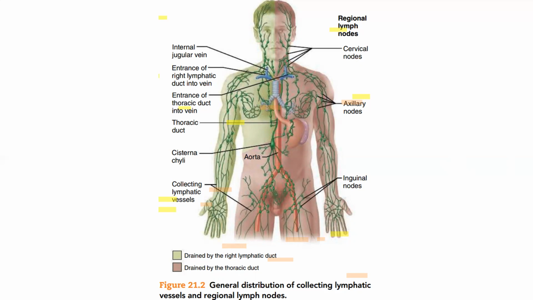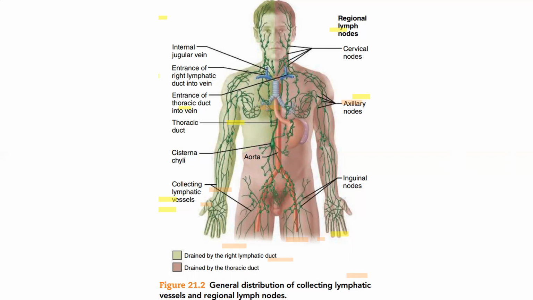For the right side of the body, including the right head and neck, right thorax, and right upper limb, the distribution and return of the lymph to the circulation is different. And on the left side, the whole body will finally merge into one system, which